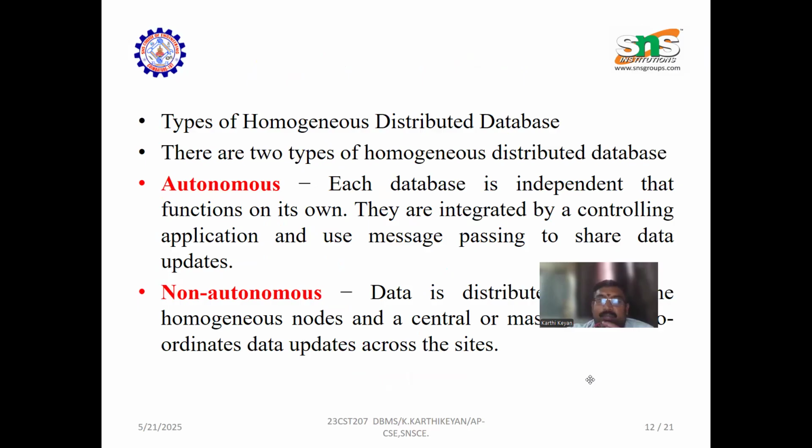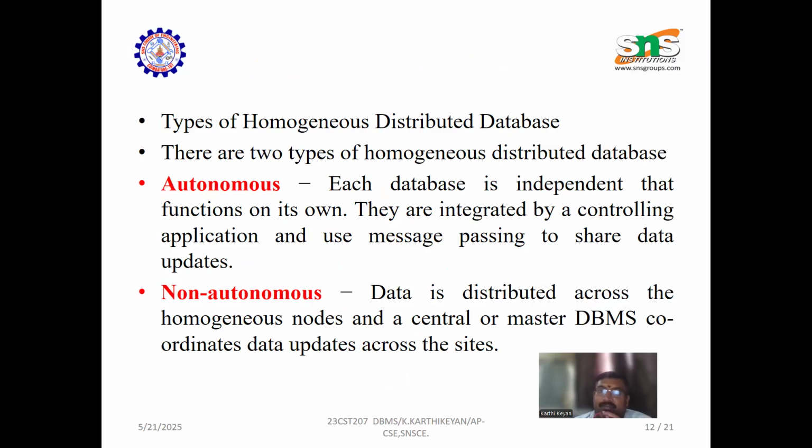So this is autonomous. We have two types of process: autonomous and non-autonomous. In autonomous, each database is an independent function on its own. They are integrated by a controlling application and message passing to share the updated data. In non-autonomous, data is distributed across homogeneous nodes, and a central or master DBMS coordinates the data updates across